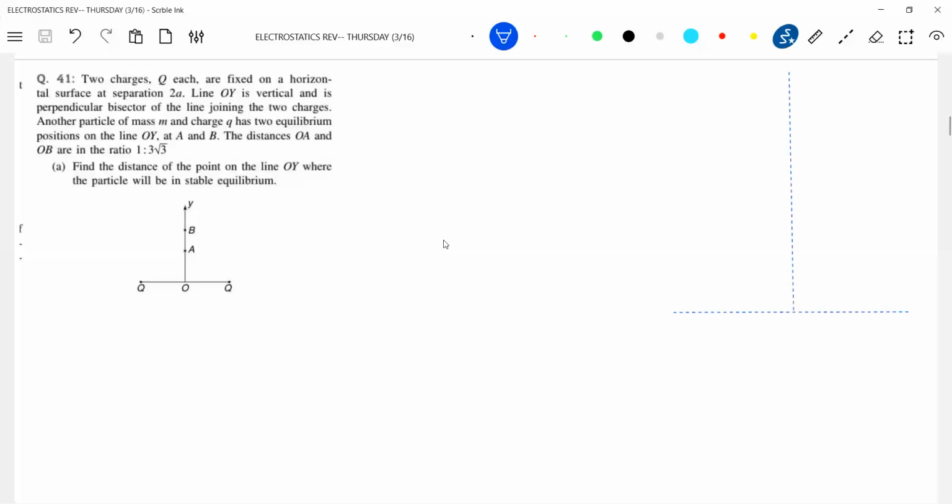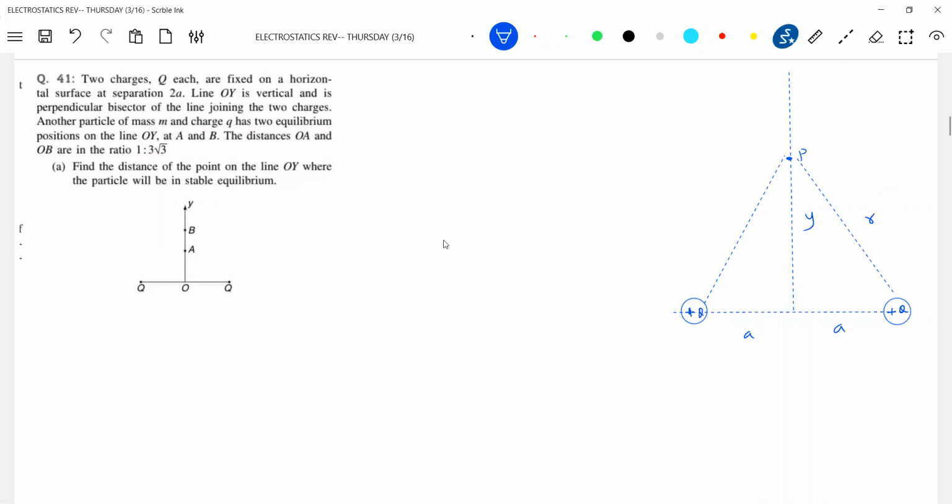diagram. So there is some point P, I'll call it. So these are the point charges. Both are positive, no? They are placed symmetrically. So let this distance be y. So what is the field strength at this particular point? Vertical component, horizontal component cancel out. The net field will be towards the right. So let this be R.